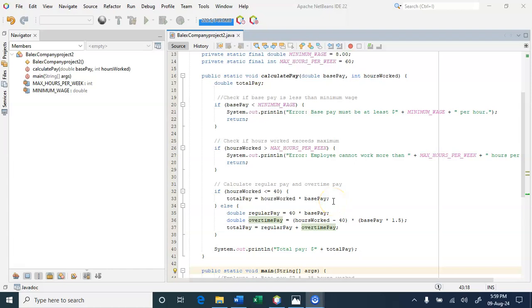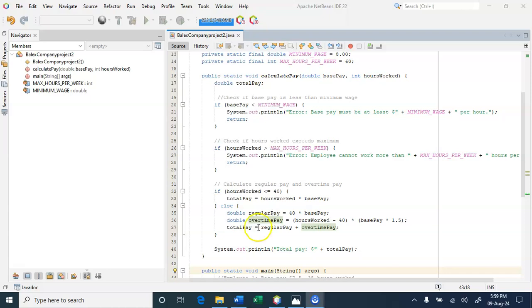If the employee worked more than 40 hours, the total pay is split into two parts, which is the regular pay here. Pay for the first 40 hours at the normal base pay. That is our regular pay.